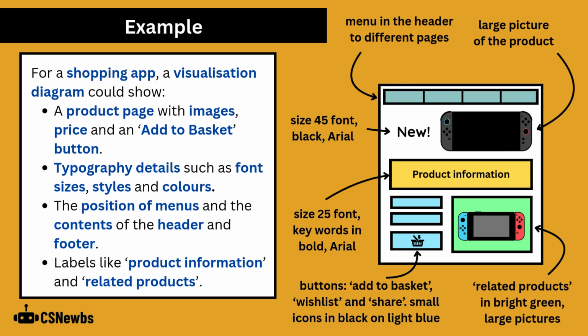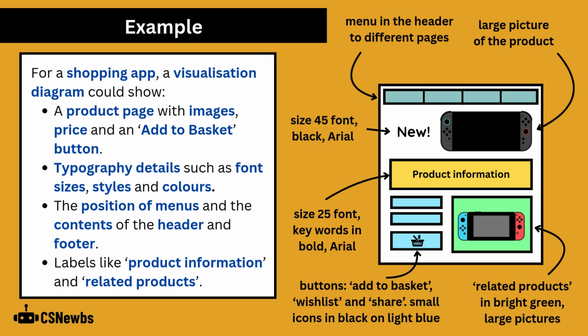Here is an example of a visualization diagram for a retail website. It can show things like product pages with images, prices, and add to basket buttons, typography details such as font sizes, styles, and colors, the position of menus and the contents of headers and footers, and labels in the form of annotation to explain things like what they might say, how they might look, and how users might navigate from